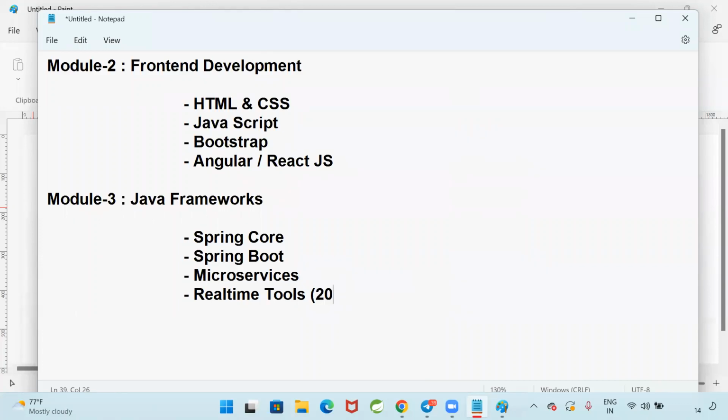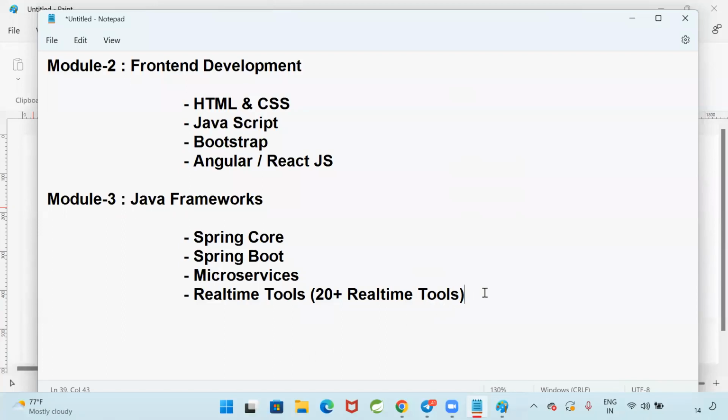Here I am going to teach 20 plus real-time tools as part of this course, like Maven, GitHub, Jenkins, SonarQube, JMeter, Log4j, WinSCP, Putty, Lombok, debugging, Kafka, Redis, Docker, Kubernetes. There are so many tools available, and 20 plus tools we are going to understand as part of this Java frameworks course.